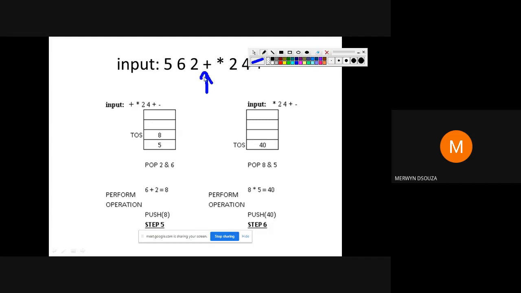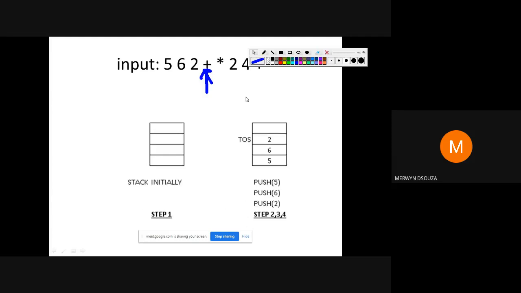When you read plus, the step that is applied is step 2C. So when you read step 2C, you will see that if token is an operator, which in this case it is, plus is an operator, pop the top two tokens from the stack. So you pop 2 and 6.